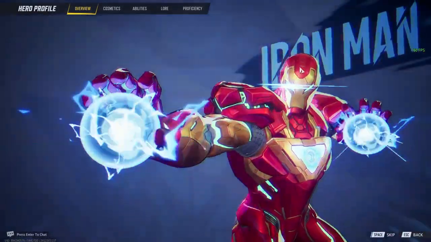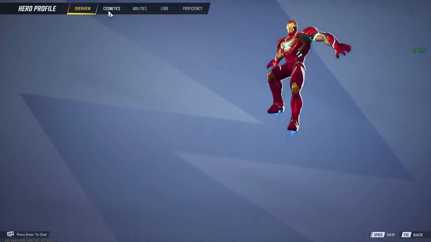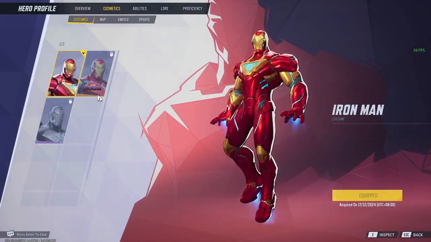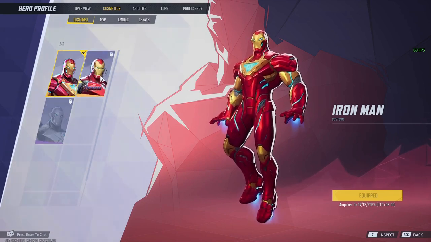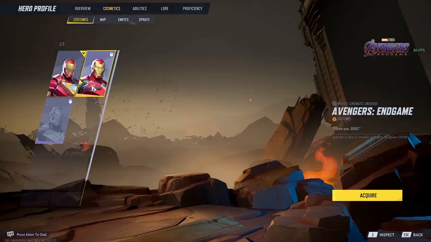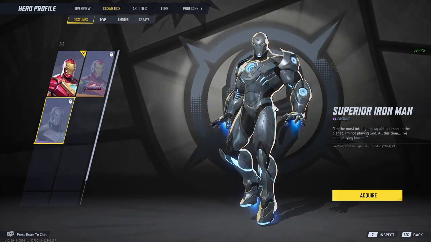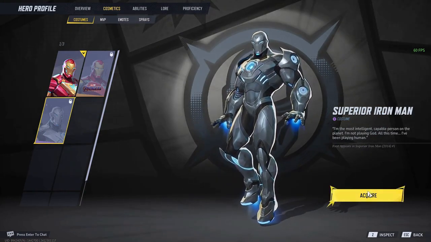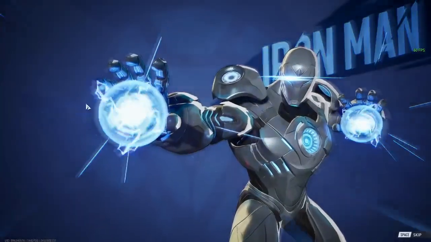So click on that character, then click on Cosmetics here at the top. Once you're there, you can now pick from the skins or costumes that Iron Man has. So let's say you want this Iron Man, the Superior Iron Man. So you just simply need to click on the Acquire button right here and it will bring you to this